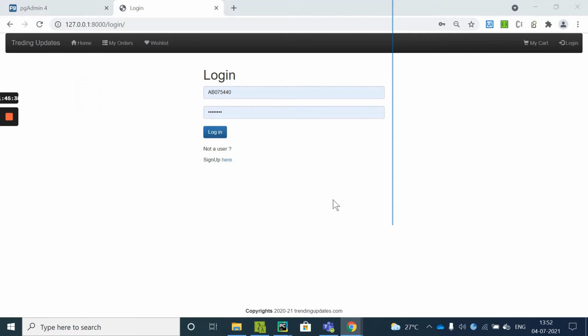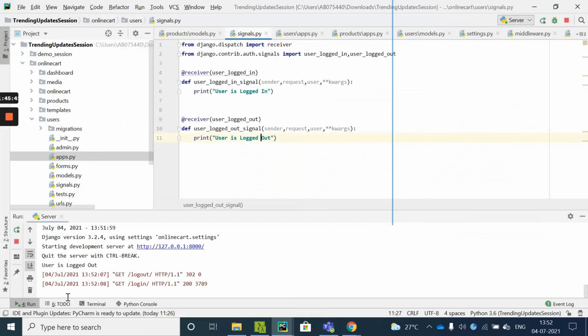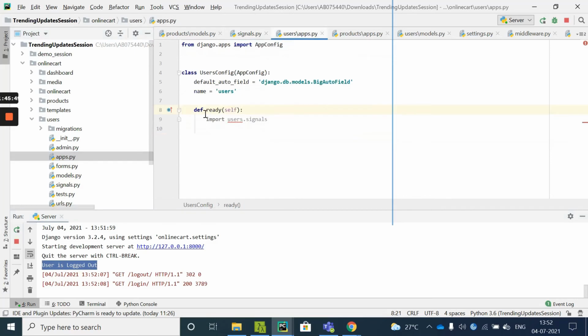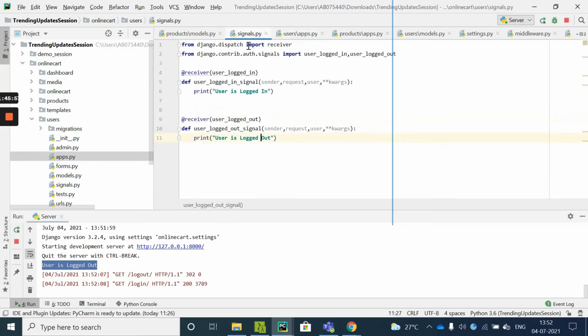Once I logged out, I should be able to see the message. See here, user logged out. Now I activated the signal here in the users app section, inside which you need to add one function called ready, and inside which you need to just import these signals. That is how you are activating these signals to be used by your Django application.